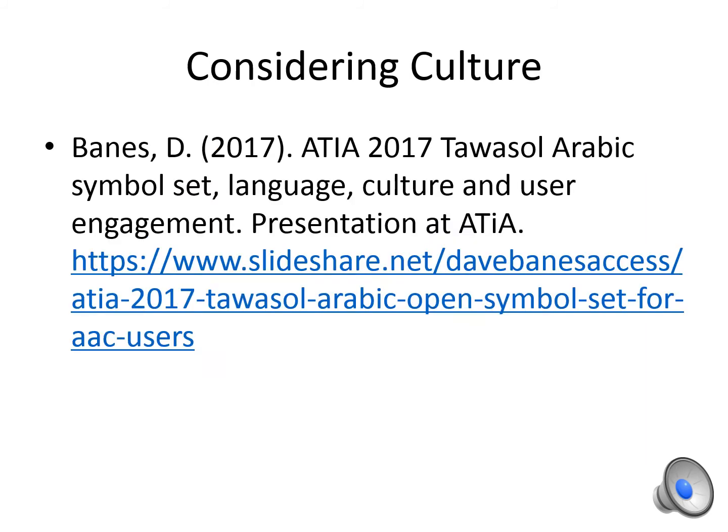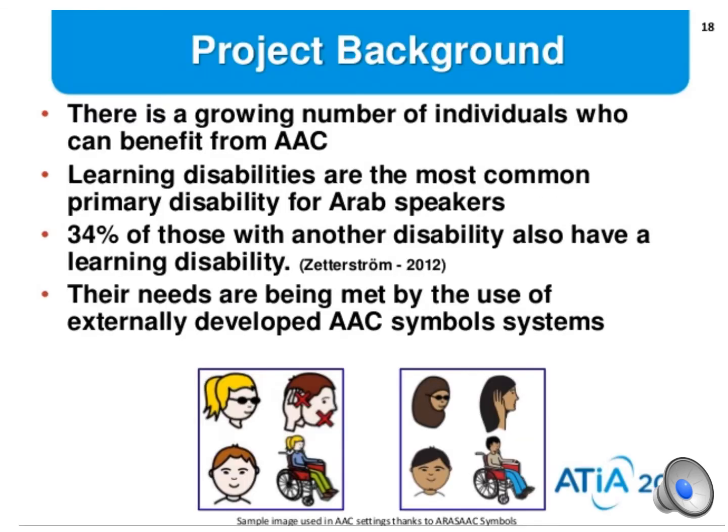These clips come from a Baines presentation at ATIA, a technology conference in 2017, and he was presenting on a type of Arabic symbols and bringing in different features of language and culture. It's really fascinating. It's about 55 slides long, but the website is there if you want to take a look. It's just really fascinating. So some of the things that he talked about, and this is literally just a few things taken out of his presentation,